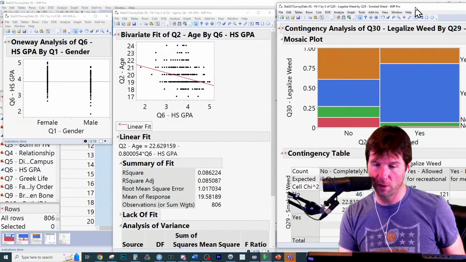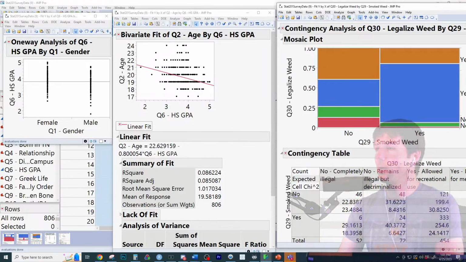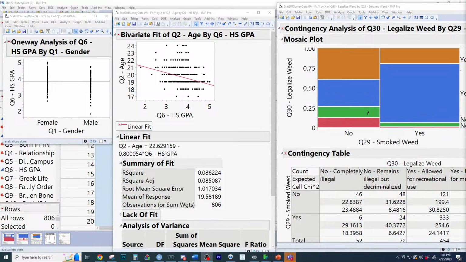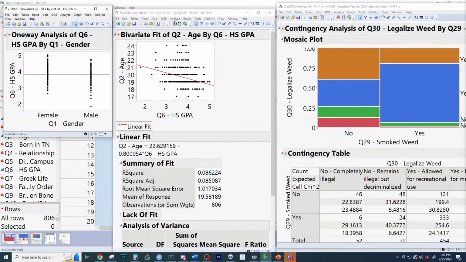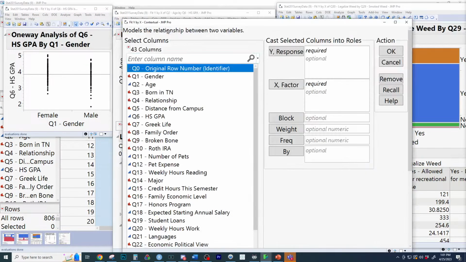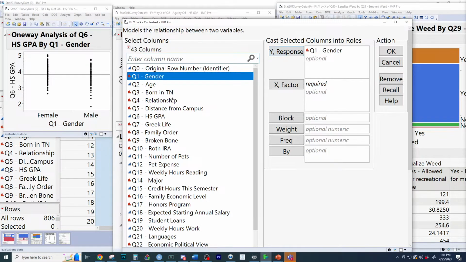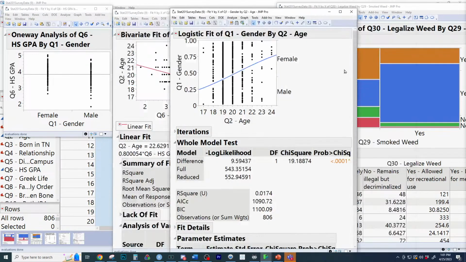Okay, so going in order from right to left, we have on the screen right now two categorical variables, two quantitative variables, and a categorical x, quantitative y. So the only thing not on the screen is a categorical y and a quantitative x, and that gives you what's called logistic regression. So this is logistic.